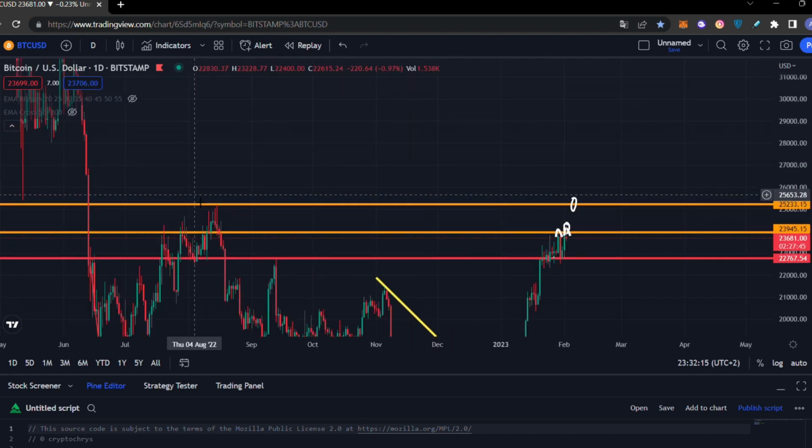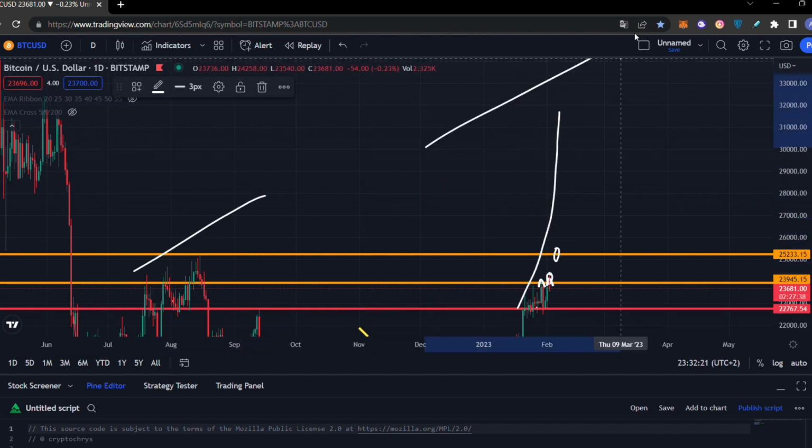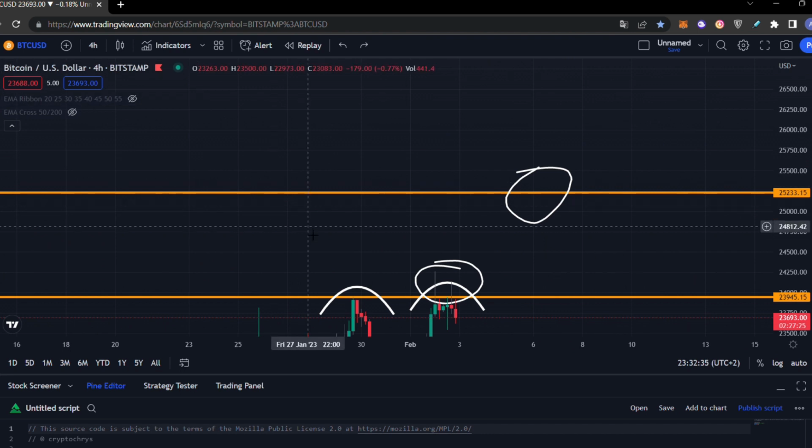We will need to create a higher high with a very huge move to create an upturn movement, and this is going to create the real big bull market. Okay, so without losing more time on the generals, let's focus exactly on the double top that we currently form